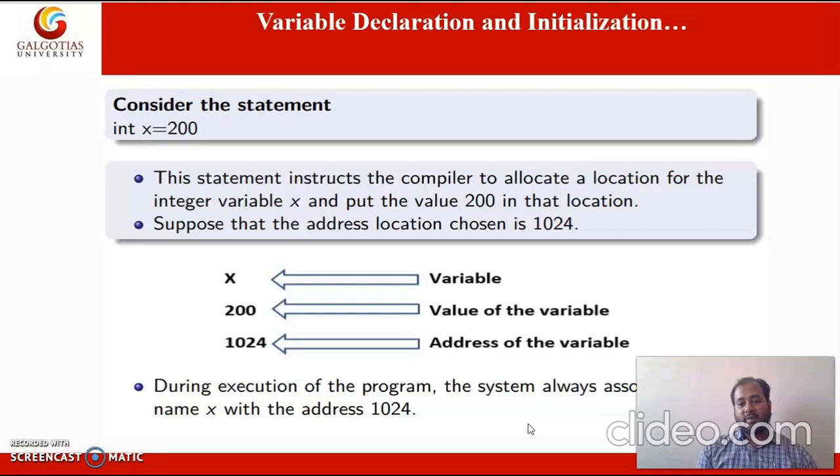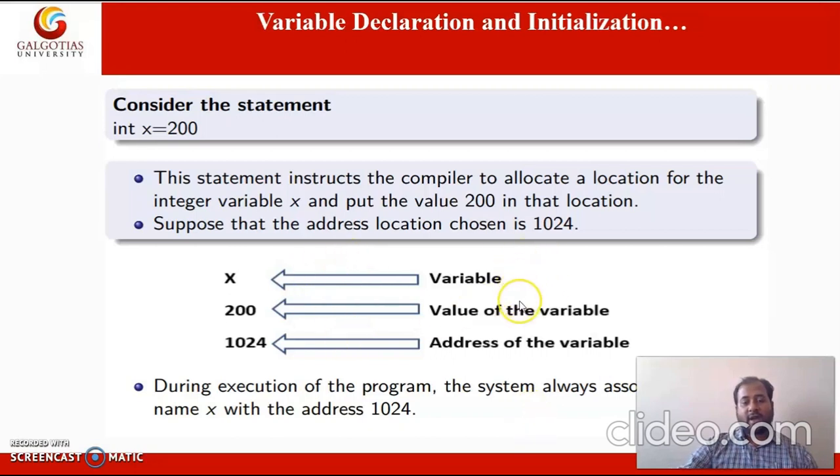I am assuming the address is 1024 only; it is not fixed. So I am assuming that the variable x is stored at memory location 1024.